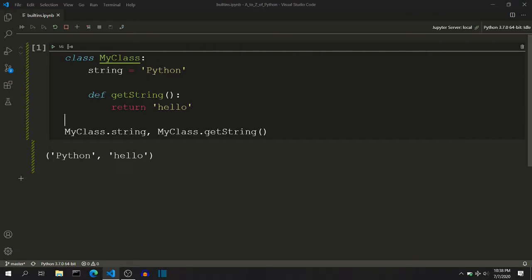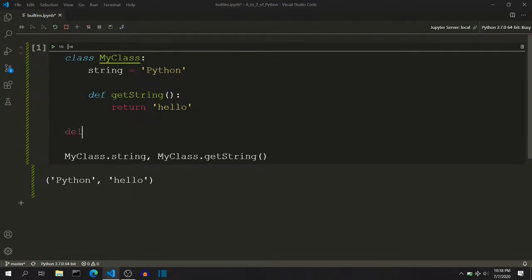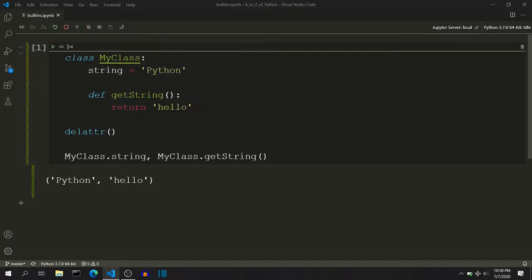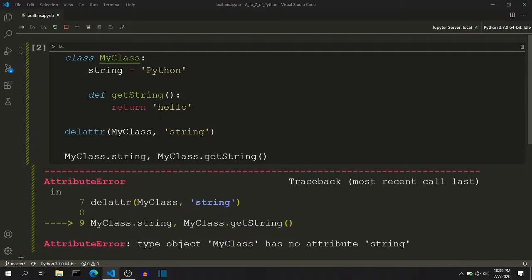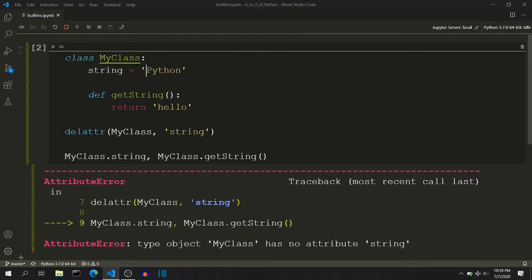So if I want to delete these attributes, I can do this by calling the delete attribute function like this, and the first parameter will be the my class object because we want to delete attributes of this class, and the second parameter is a string in which we will pass the name of the attribute. In this case we will pass string, and if I try to run this cell, it says that my class has no attribute string because we have deleted the string after we have created it.